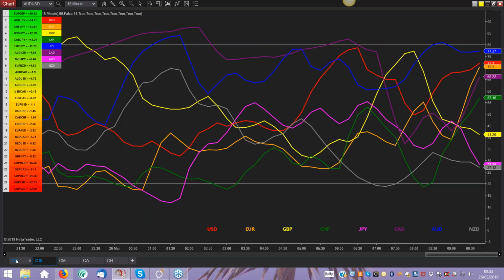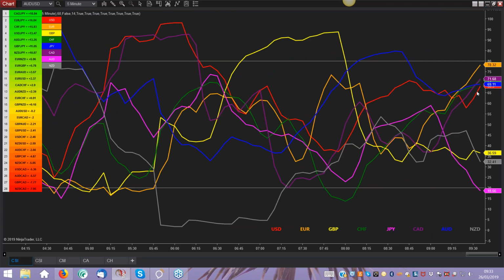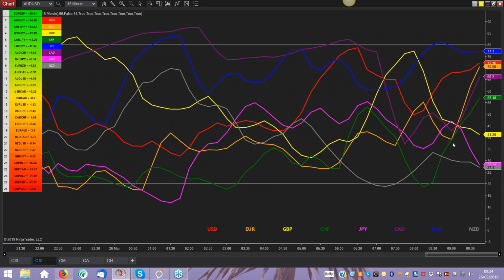This is on 15. If I flick over onto 5, you can see here the green line rising very steeply, but the Aussie is not falling particularly strongly. But we've got sufficient strength in the green line, the Swiss franc, to give us a decent trend. You can see the strength in the yen here as well, which is falling really nicely at the moment. So lots of opportunity for trading that one. You've got the CAD, the Swiss, the Euro, spot for choice really.